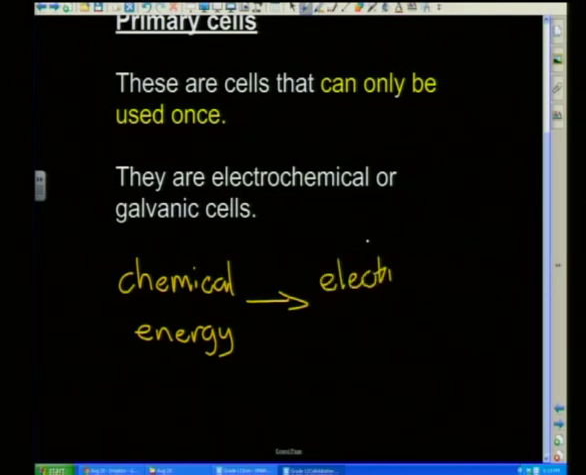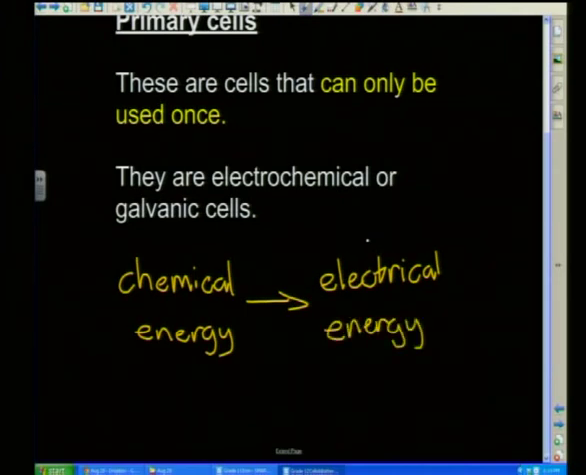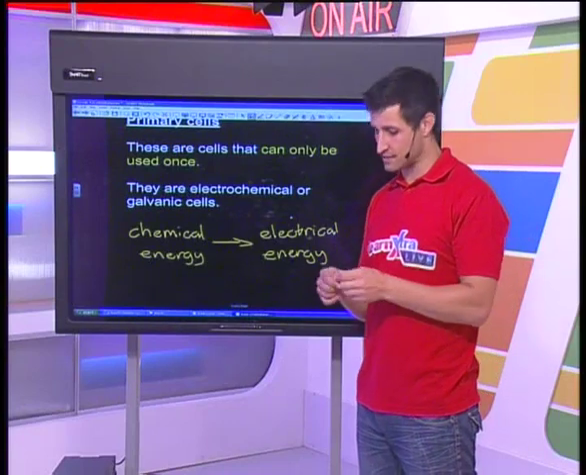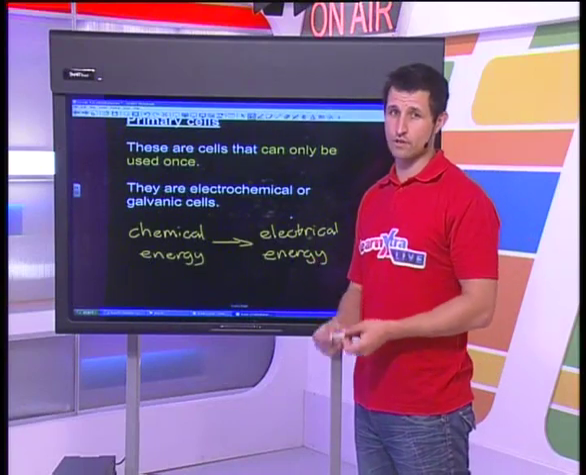Now, that is a one-way process for these guys. Once they've given out all their chemical potential energy, all of it's gone. I actually need to throw away these cells. Now, that's a bit of a pain. That means that I've got to buy an awful lot of these things. So if I'm constantly doing this and constantly switching these out, that is one of the major disadvantages of